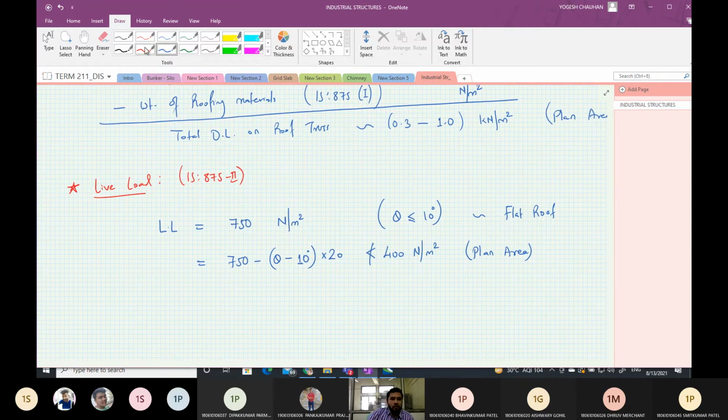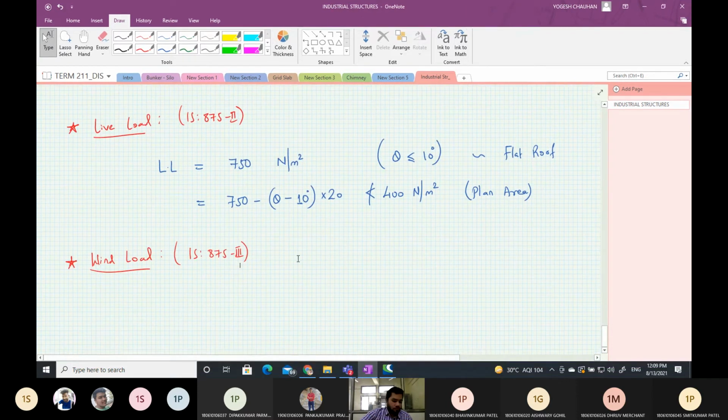Now the wind load calculation we have gone through in design of steel structure. For that we will refer IS 875 part 3. Usually we find the wind load on half slope area.